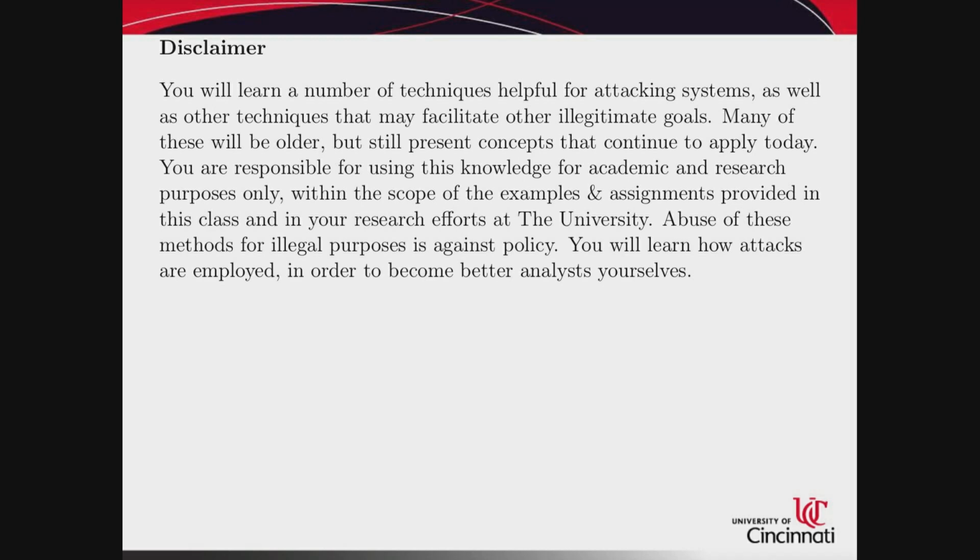All of this is around for academic research purposes only. I'll give you specific targets that are part of a contained lab environment that we'll use. You'll actually install VirtualBox and some VMs on your system to play with that stuff. You're not to use any of this for bad; use these powers only for good. So that's the disclaimer here.